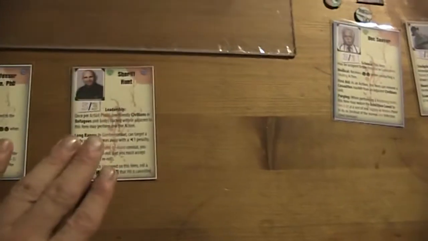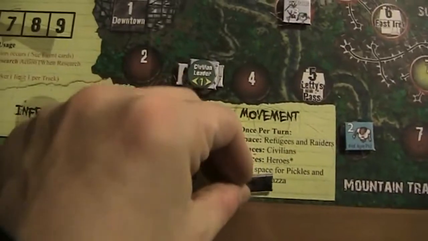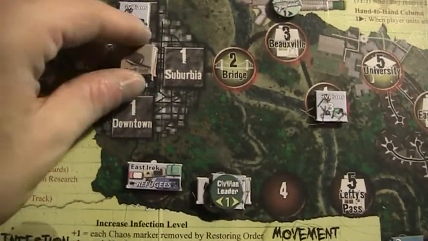So, here we go. Our great hero arrives. Sheriff shows up after every zombie is killed, and well, that is really a heroic act. We have 2 refugee movements, so basically they move here, 1, 2, and there is no outbreak. I don't think we have to consume supplies, although I'm not absolutely sure about that. No, we don't. No Zeds movement, of course. And then we got here